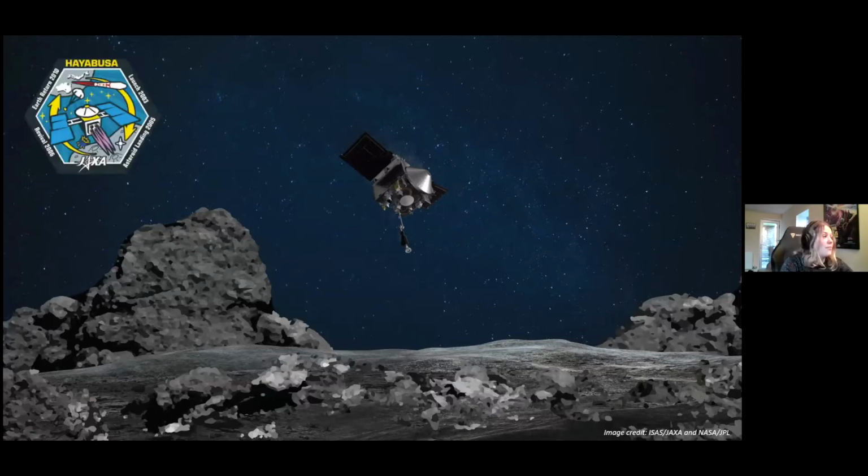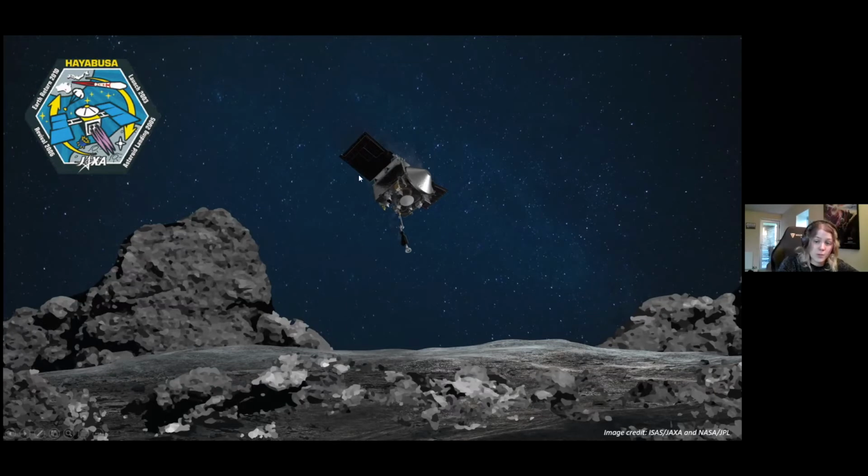They went to an asteroid that was kind of nearby Earth and returned samples. They returned 90 milligrams of material to Earth in 2010. And they've never exposed that material to the terrestrial environment, which means that it's pristine. The only signal that we're ever going to get from it is extraterrestrial. And that mission was called Hayabusa.